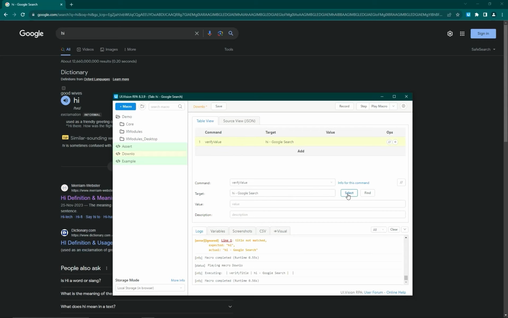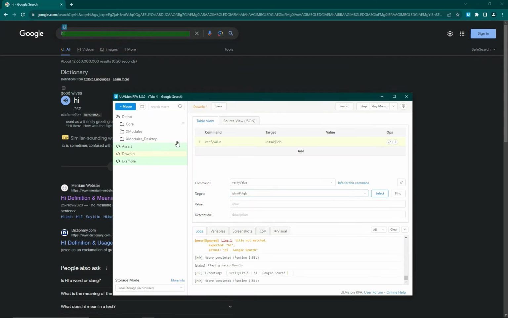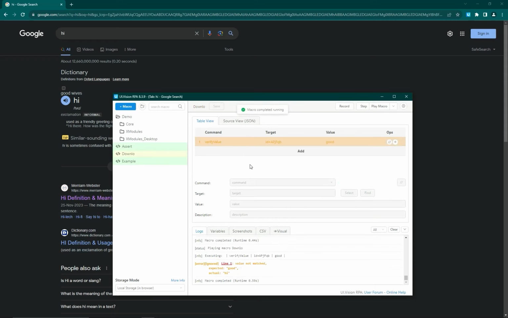First we will select our element, which we know is the text area of Google. Then we expect that its value must be high, as we can see that it's high, and it agrees with our condition, and you can see that it's green. But if we give here a wrong value like good, which is not our expectation, it means